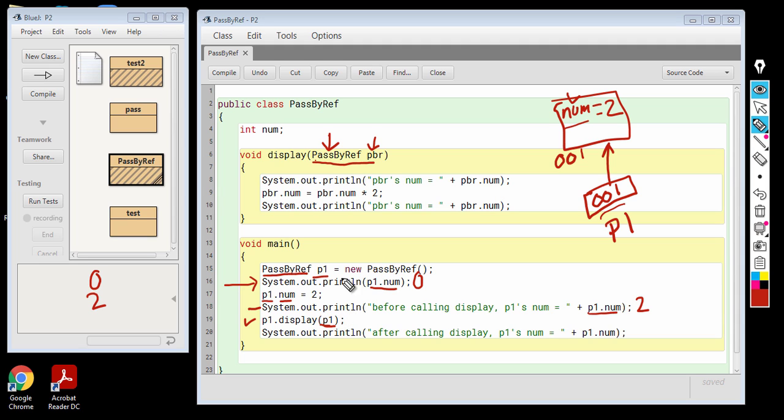This P1, as you know, is storing the address of this particular object. So when this P2 is created, it will also have the same address, that is 001. That means both P1 and P2 are referring to the same object. So the control has transferred to the display function,